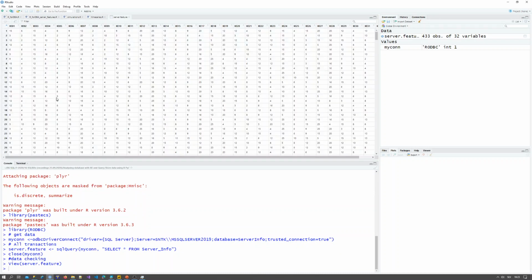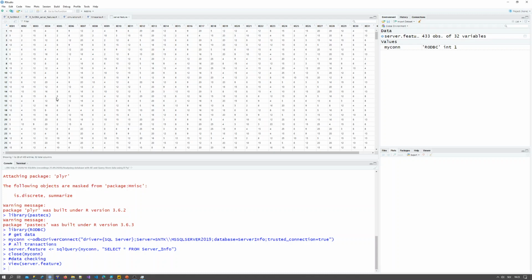Okay, so these are the extended event statistics which I've been gathering on a couple of particular runs. There are around 32 different extended events. For the sake of brevity, I've just changed the names to 1 to 32, and there have been around 433 runs of a particular query, and I've gathered all the different statistics.